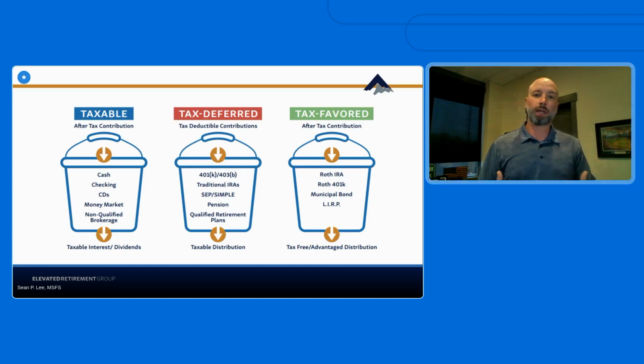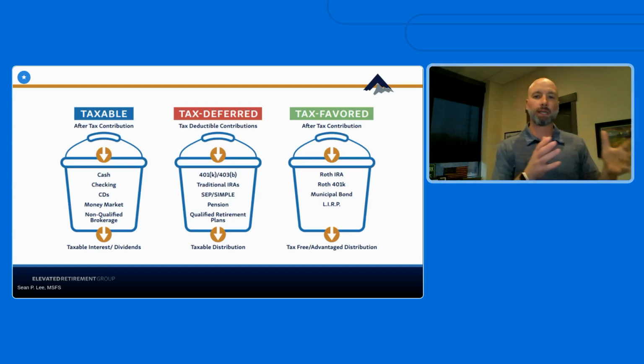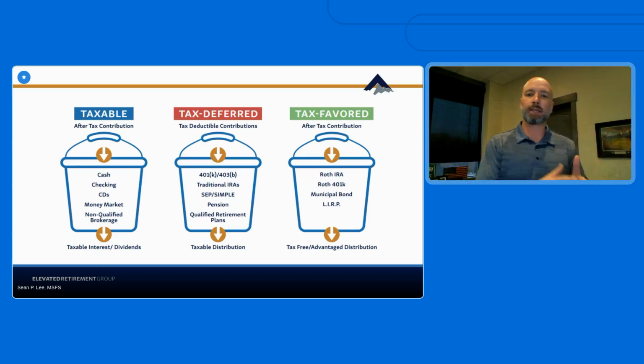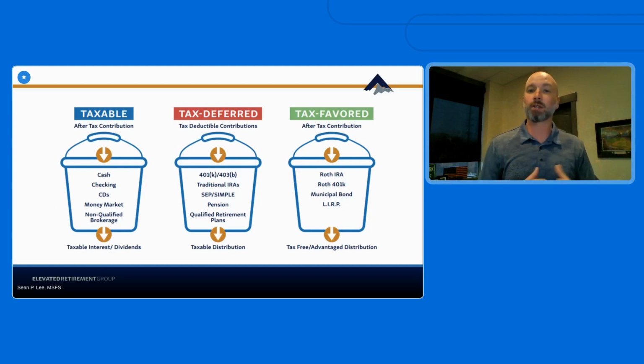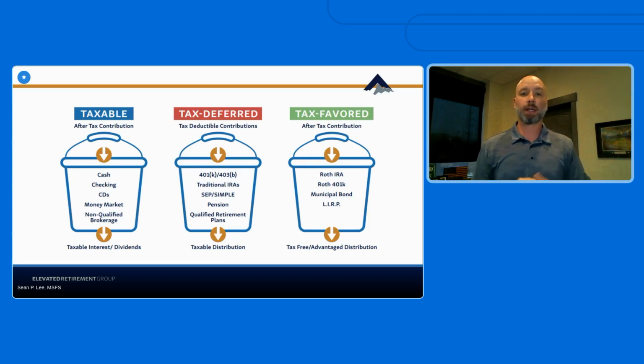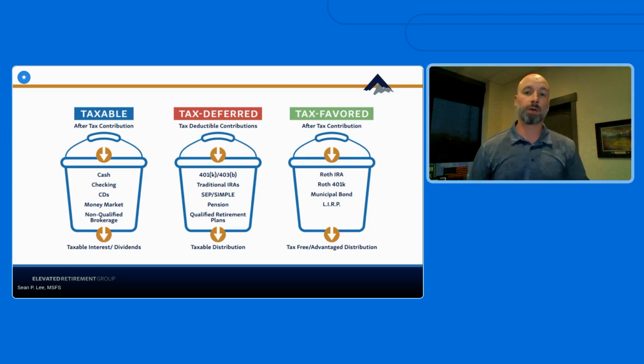So when we start to look at that, we have to understand that if we're going to save our money, we want to make sure that we do it strategically and efficiently. So once again, much like the different asset classes, we have three different buckets of money where we could place assets. The first bucket is taxable. It's our after-tax dollars. That's your checking, your savings, your cash, your CDs, what's called a non-qualified brokerage. So if I go out and I open an investment account with after-tax money, and I'm buying mutual funds or I'm buying bonds or stocks or whatever it may be, that's considered a non-qualified brokerage account.